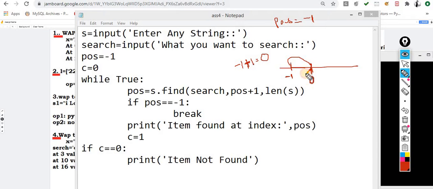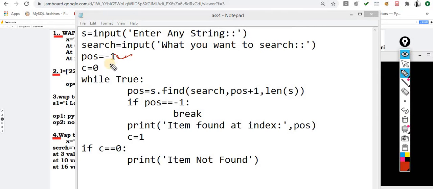If I were standing over here, then inside my loop, if you clearly observe, position plus 1 means it is taking a jump of directly 1. It is missing the index 0. So let's suppose the person is looking for I in "I love Python". It will not work for this I, because I am already standing over here. When this condition is executed, I will jump and start looking from this point. That's why I took position equal to -1, to include 0. This is the funda of why I set position to -1.